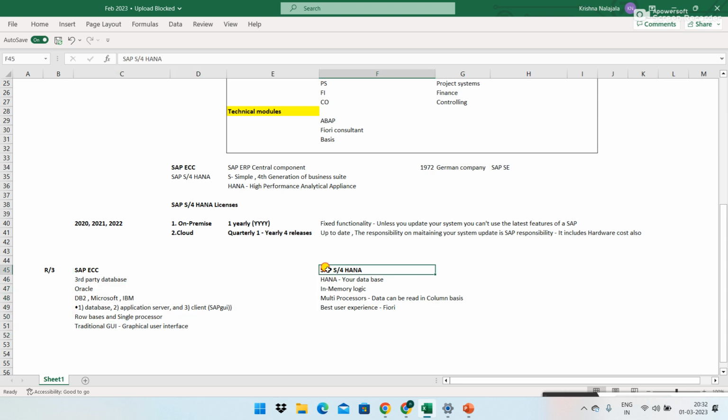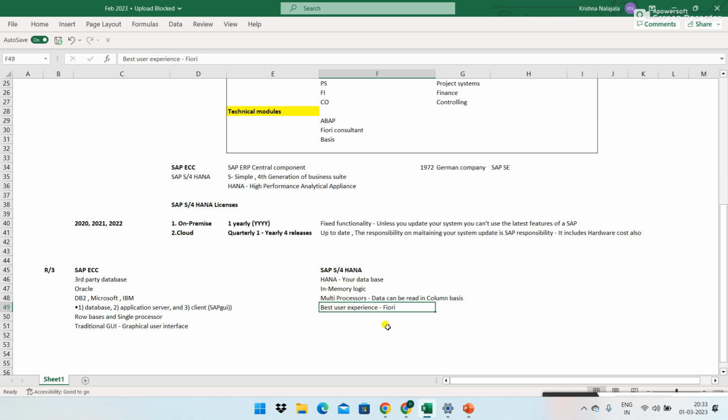Now everybody is looking at a fourth generation way of thinking. If you're traveling also, the work should not stop. You should have the flexibility to work, right? That is possible with S4 HANA. And we'll talk about Fiori. Fiori is all about user experience. The way of work we are doing currently is very different from the way we were doing it yesterday, I mean to say in SAP ECC. That we'll talk about, okay? So do we have anything else?